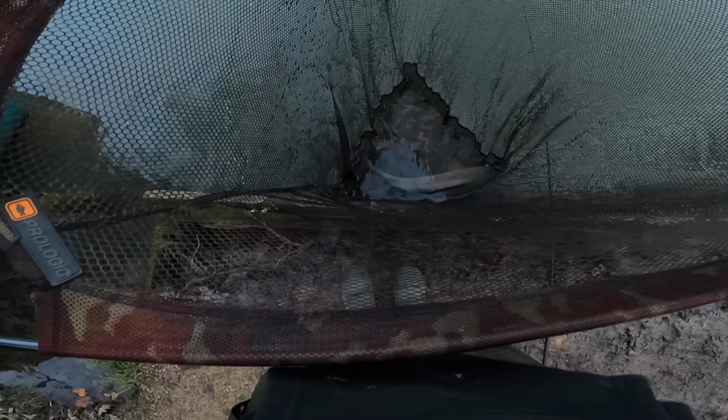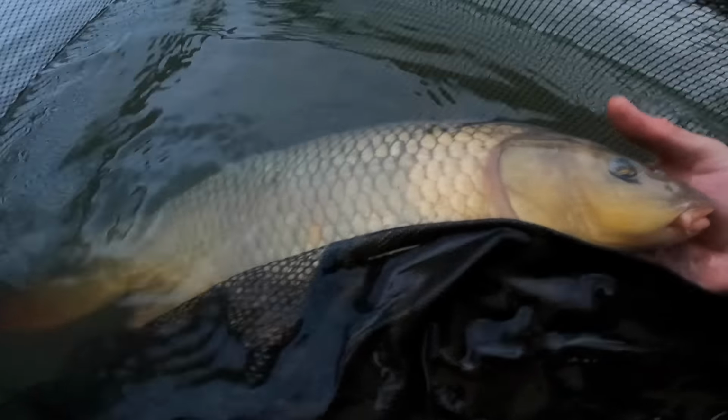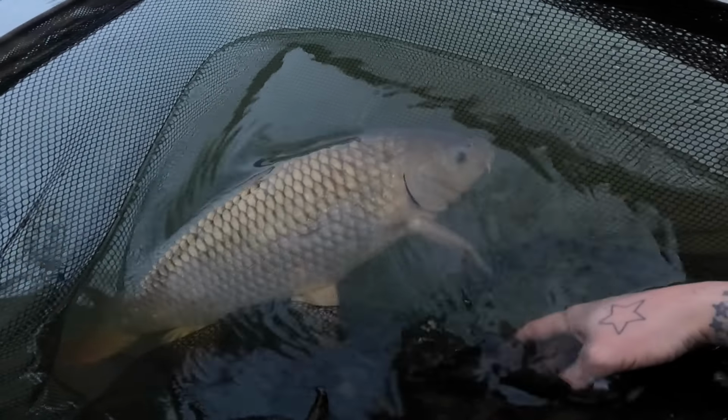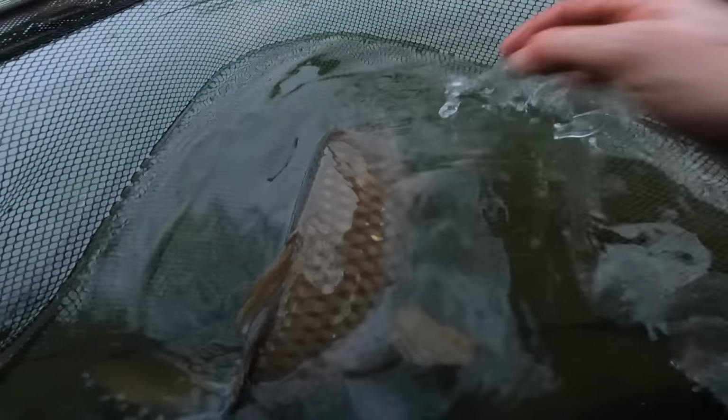Well, he is very much a small little common. That is probably about £5. Absolutely nailed on the yellow wafter in the solid bag, that one. I am not going to lift him out for the main camera because I have got to go home soon, so I'm going to just unhook him and slip him back. But what a lovely little result that is. First carp of 2025. A little common in his winter colours, but I am going to let him go